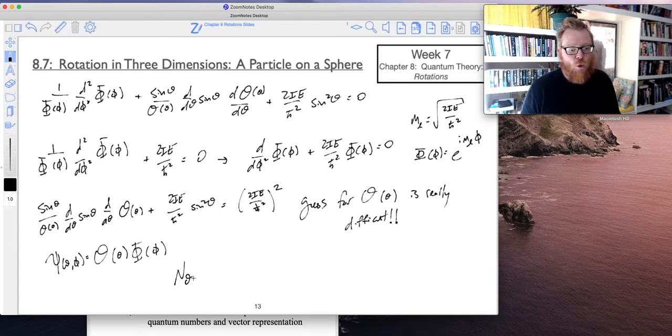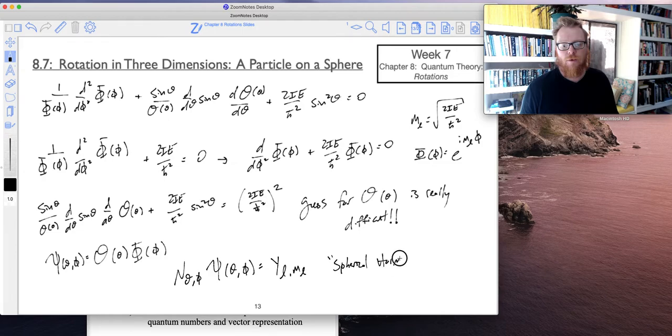And then when I go to normalize that wave function, so this is why I didn't normalize this phi result, because we have to normalize these two results together. So when you go to normalize this wave function with theta and phi dependencies, we get a very special function called the Y_l^ml, which we call the spherical harmonics. And what's special about these spherical harmonics is we get a new quantum number L that arises from trying